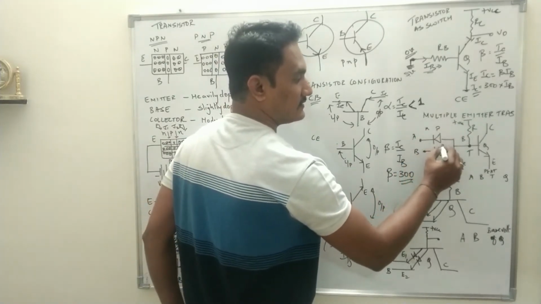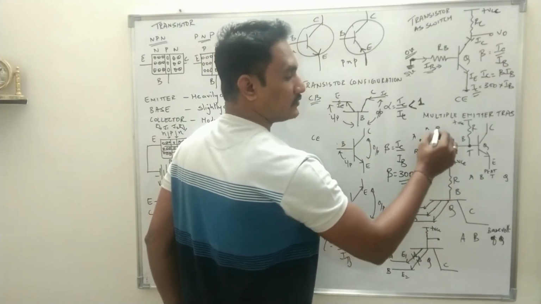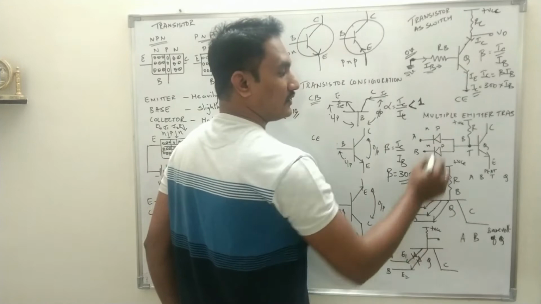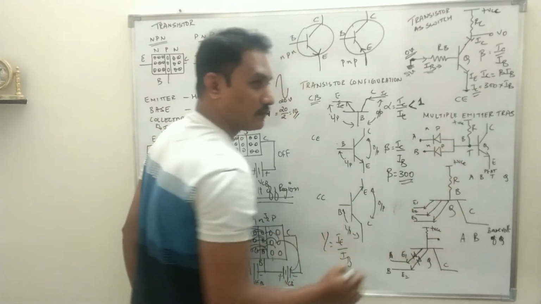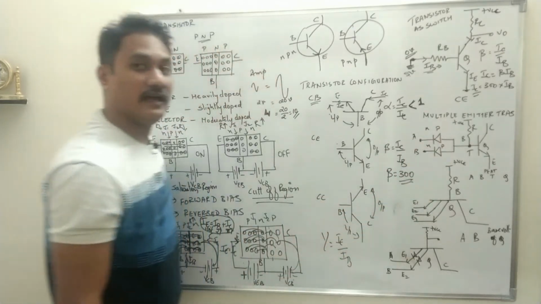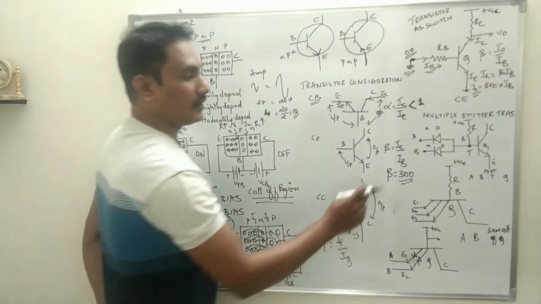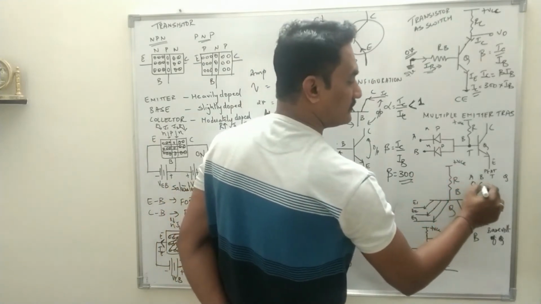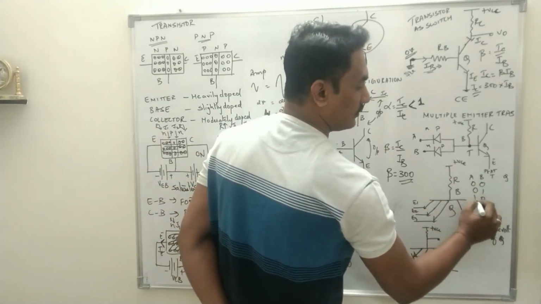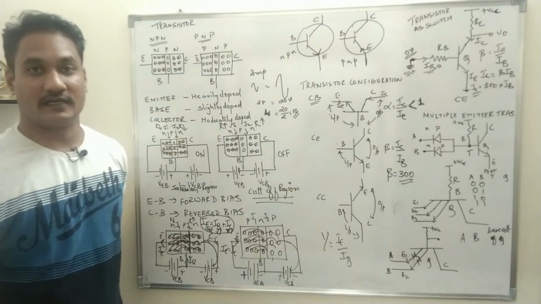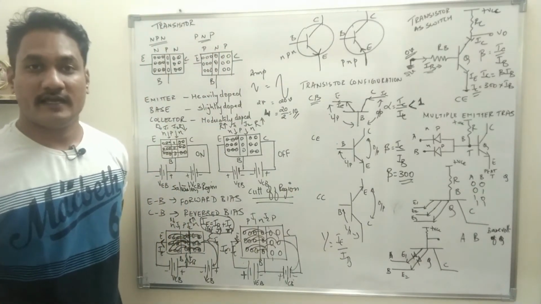Now what you can see is, for these two diodes, this is the P region, this is the N region, this is the P region, this is the N region. So both P regions are connected to positive already. Whether these diodes are forward bias or reverse bias depends upon the N region connection, and the N region connection depends upon A and B. So in digital, A and B will have 00, 01, 10, 11, and 0 corresponds to 0 volt, 1 corresponds to any higher voltage.